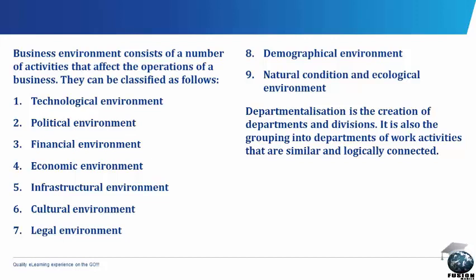The interface between a business and its economic environment also includes income distribution, expenditure pattern, and the saving capacity of the people. All this will affect the performance of the business. Talking about the infrastructural environment, the availability of social amenities like roads, telephone, railway, seaports, and airports will affect the operation of a business. The facilities within the environment of a business play a crucial role in the survival of an